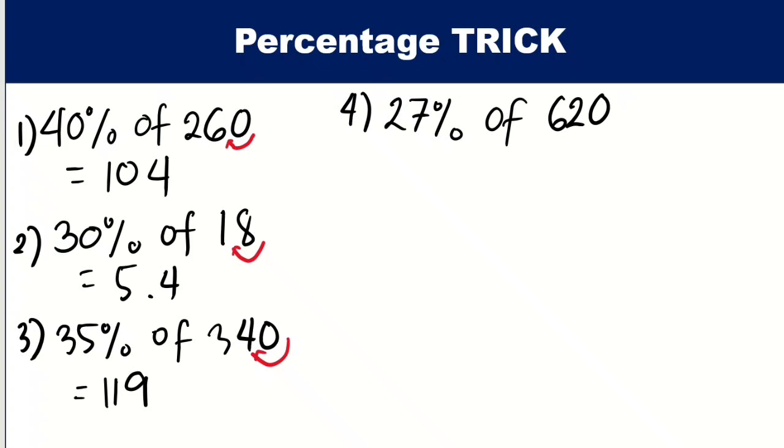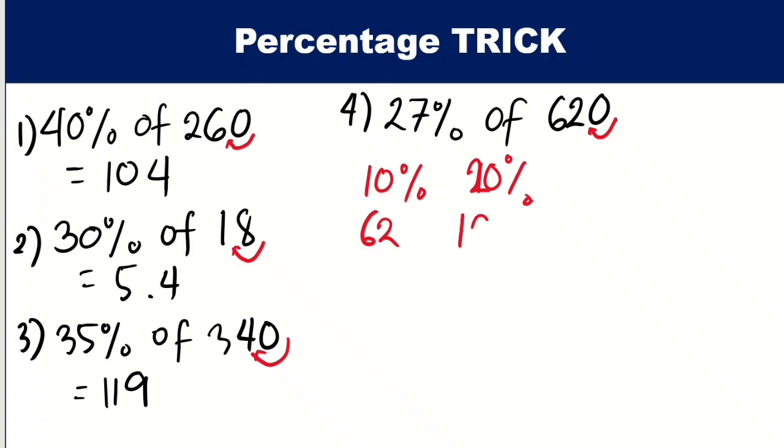Then we do the same thing, get the 10%. 10% of 620, move the decimal one place to the left, it gives us 62. And then we want to get the 20% of it, simply multiply this by 2 or add it twice,